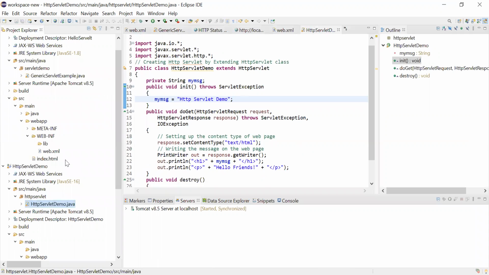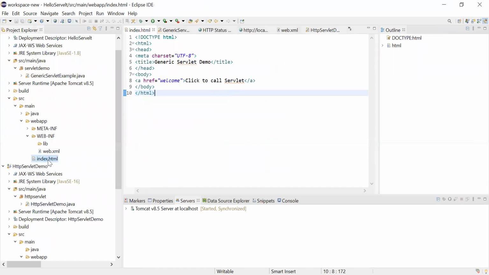Once the application is started, before you see this HTTP servlet request served, you have to call it with a simple button. For that, inside this index HTML there is a link, Click call to servlet. We can use the same thing.